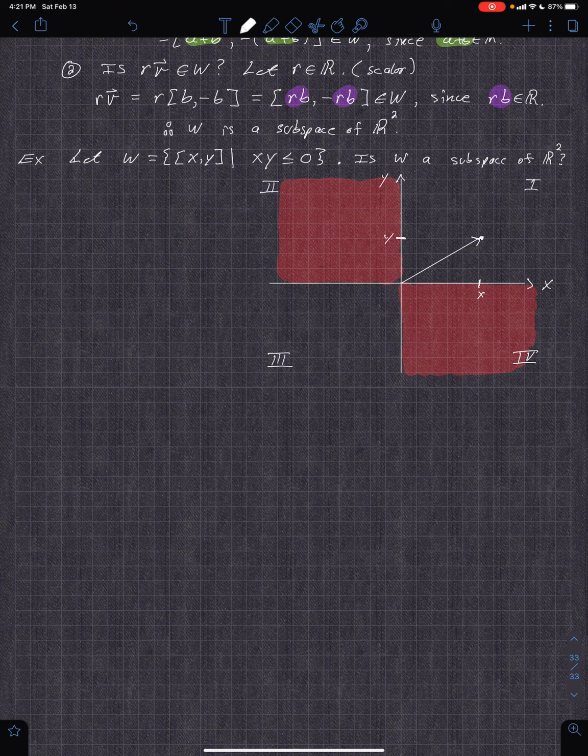So if you did like 1, 2, and then negative 1, 2, 3. So maybe down here. Okay, so that vector right there,